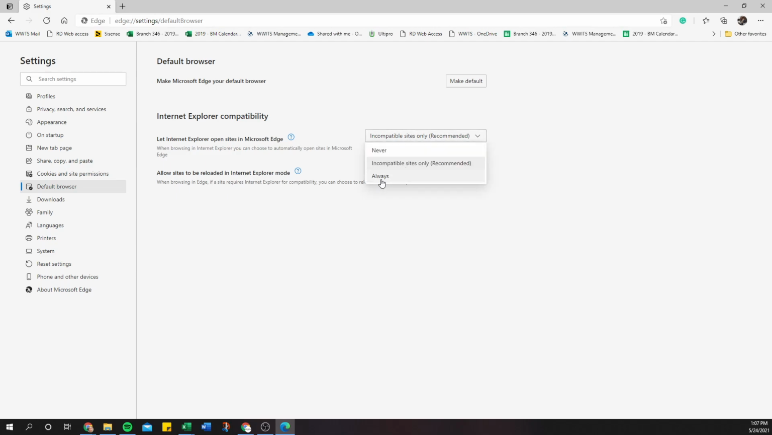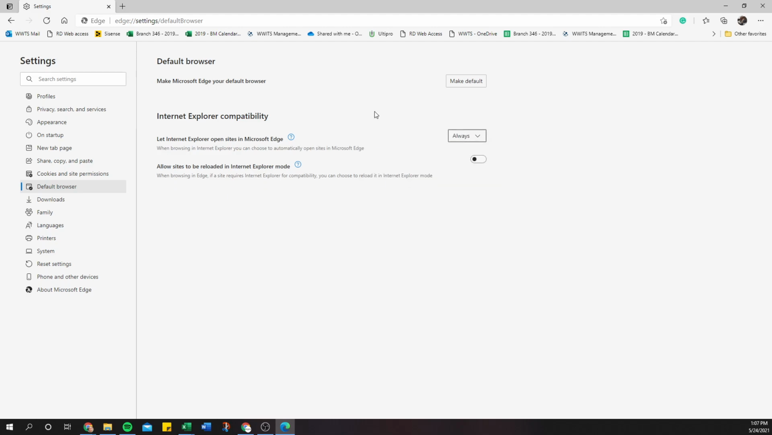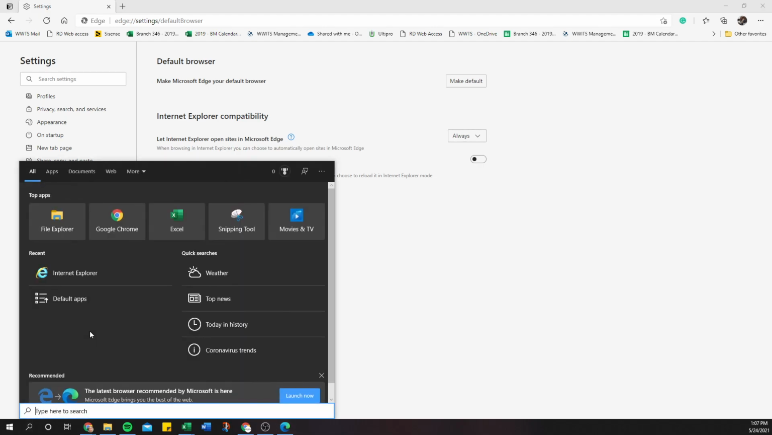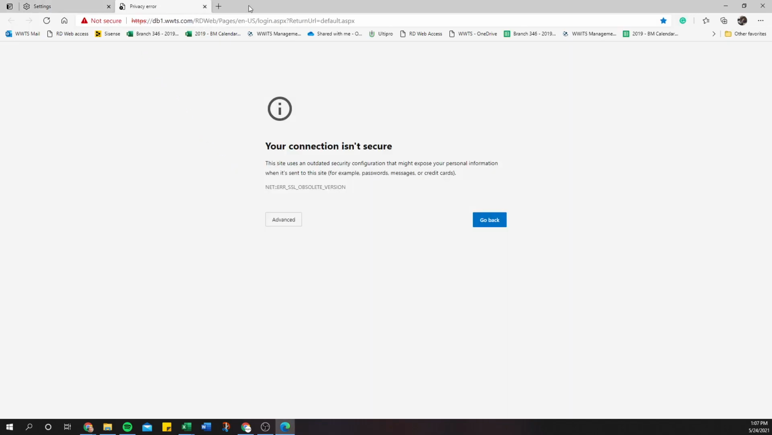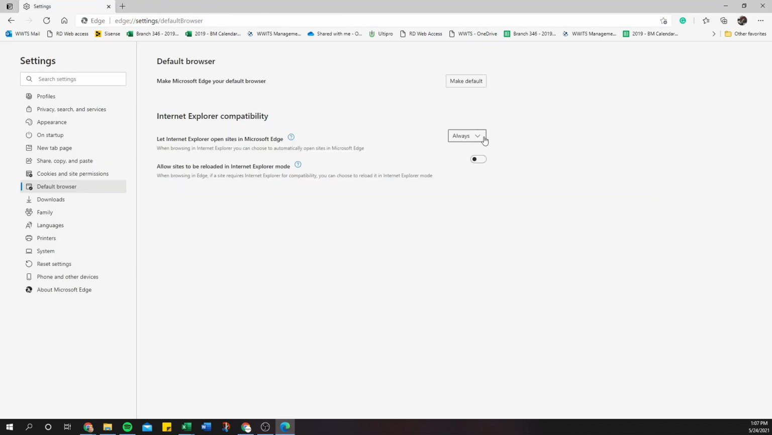If you switch this to always, anytime you try going to a website in Internet Explorer, it will automatically go to Edge, which I'm going to show you right here. I'm just going to find it. So if we go to Internet Explorer, see we tried going somewhere and it just took us right back into Edge because that was my home page. So you might want to set that. You could set that to always, just make sure you're always going to Edge, or you could set it to that one, which is the recommended if it's incompatible. The other thing you could do is allow sites to be reloaded in Internet Explorer mode,